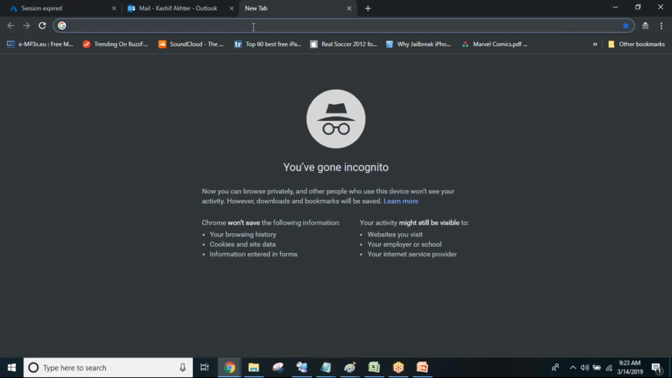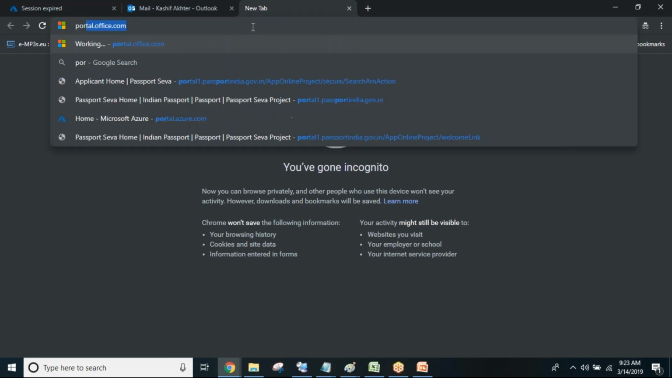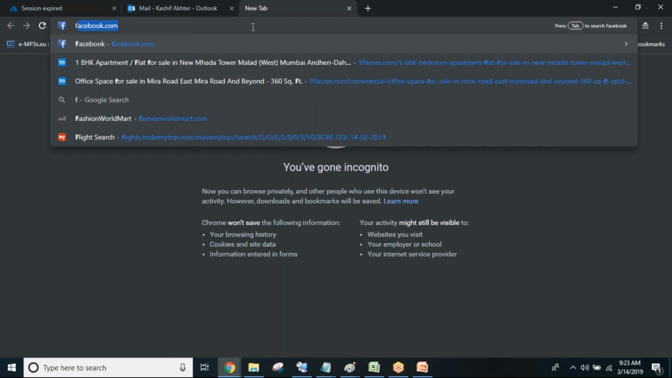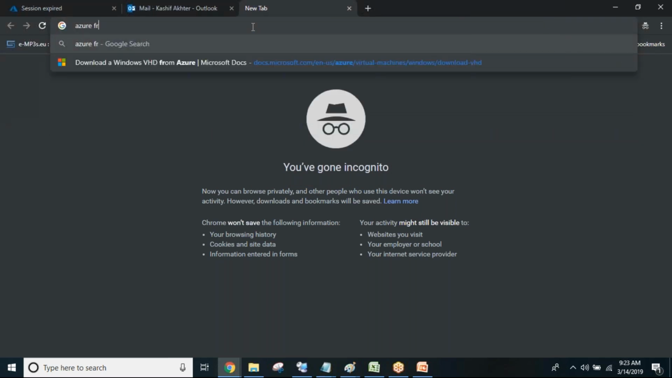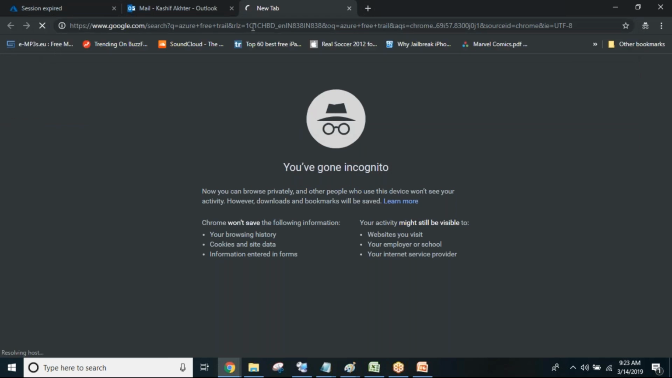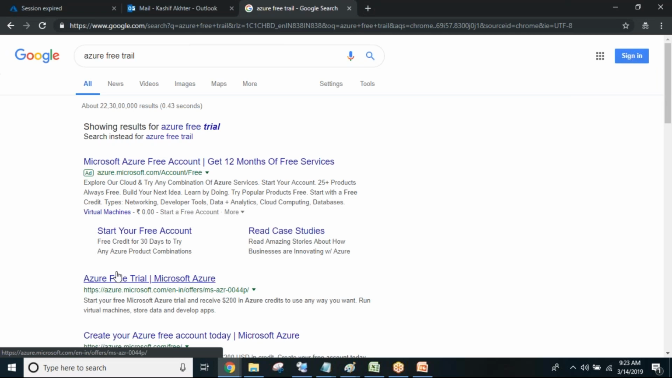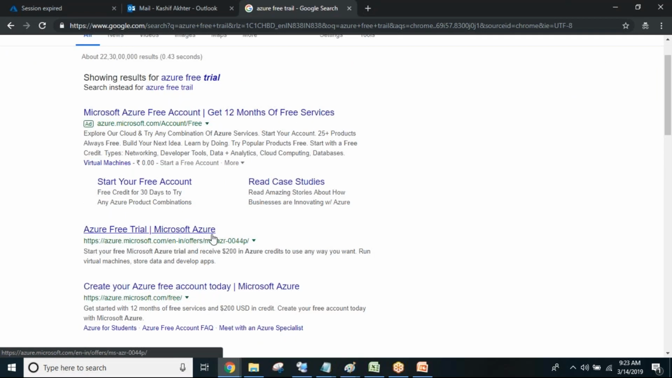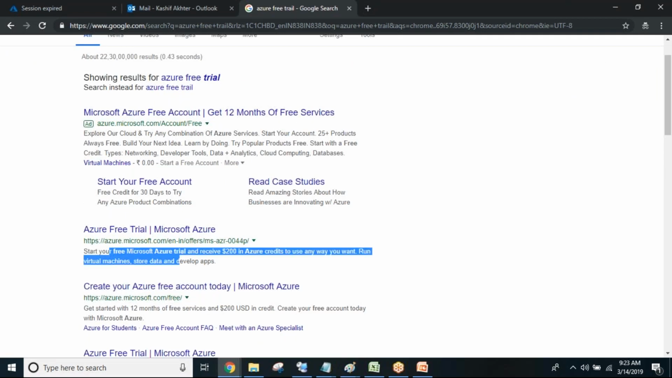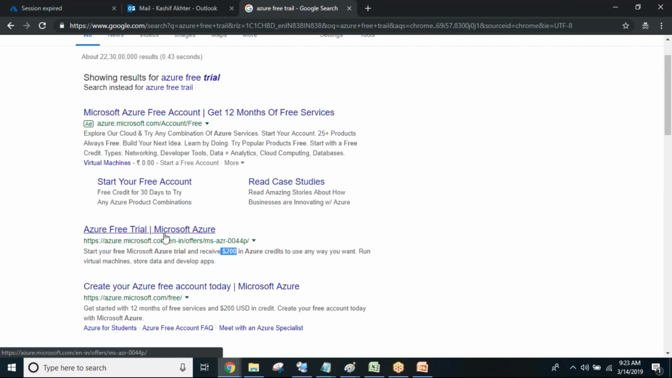Once you create your account, then you need to go to Azure free trial, and then click on this Azure free trial, Microsoft Azure. It will give you $200 credit. So you need to click on this